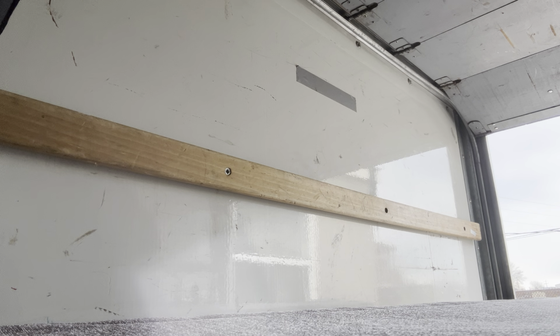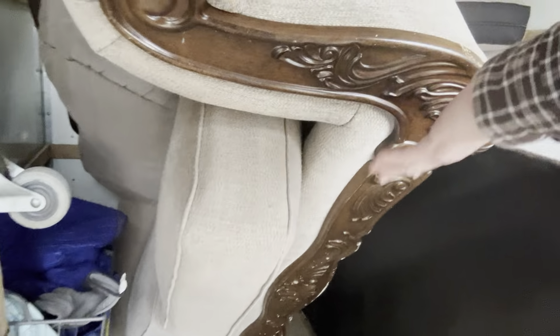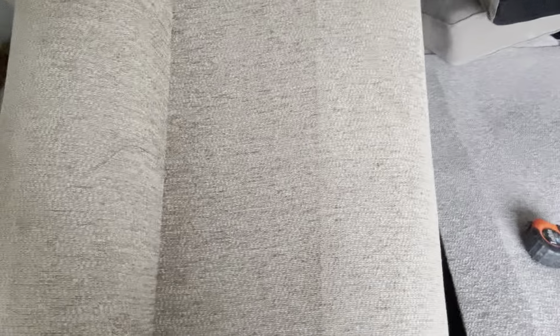That's never going to go through. So it would be the floor to here, that's 37.5 inches. So you can't even angle it at that point. That's not going to go through the door, even if you took the door off. So that's why you want to get outside like that and hold it like this. Of course, all the way up. So you're holding it like this, and you'll be able to twist it and angle it to get it through